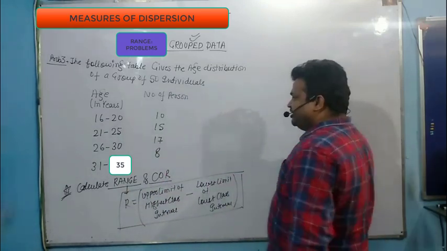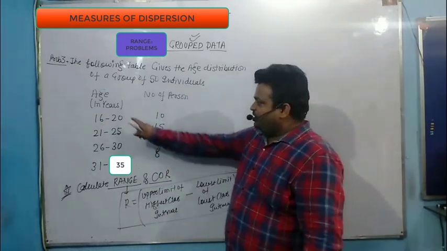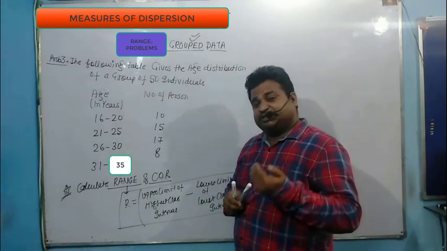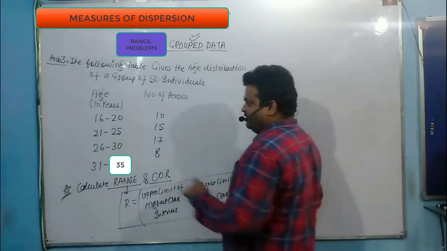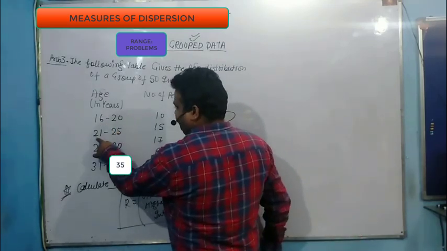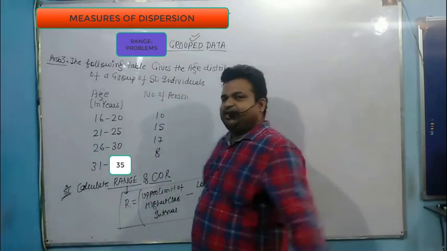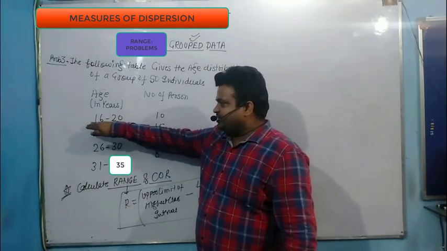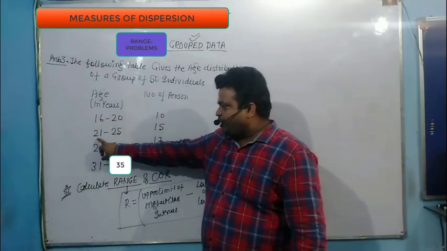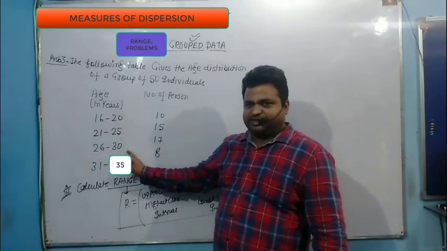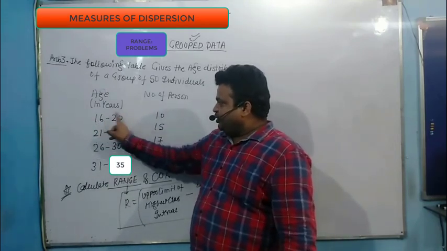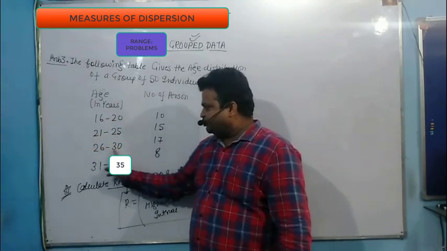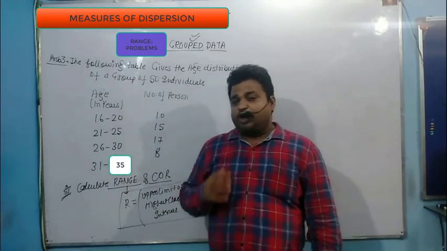Now in this particular example, this is the frequency distribution. Look here, 16 to 20, then it starts from 21 to 25. It means that this data is not continuous. If it is continuous, then it must go like 16 to 20, then start from 20 to 24, then from 24 to 26, like this. So here 16 to 20, then there is a gap of 1, then it starts from 21 to 26, then again one gap, then 26 to 30. That means this is not in continuous form.